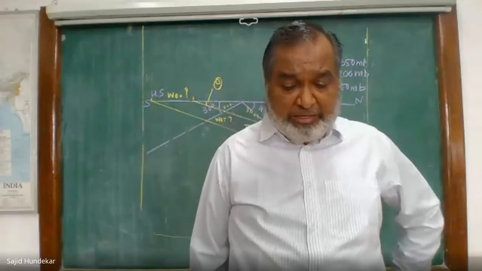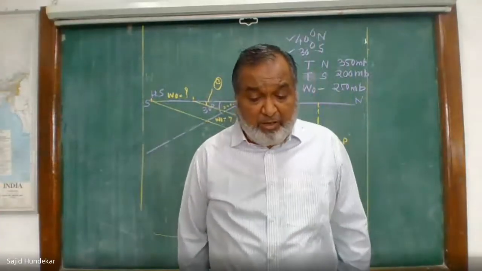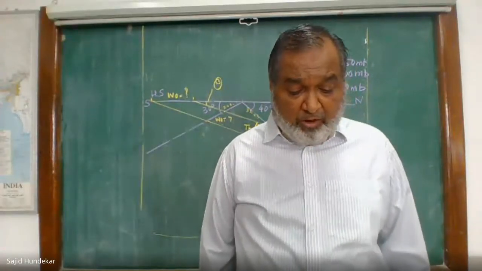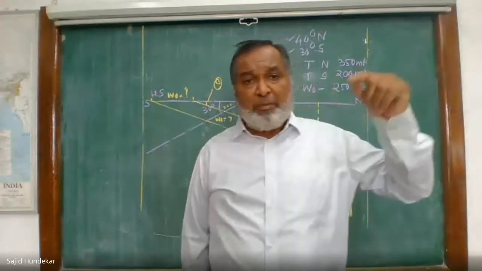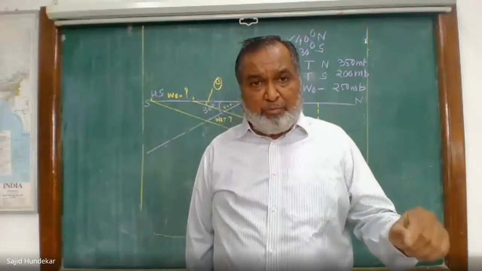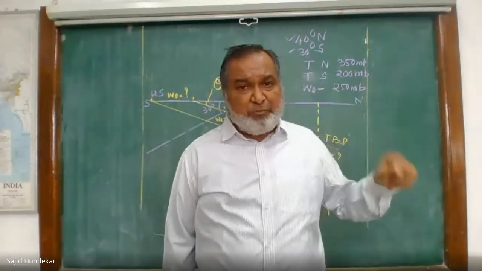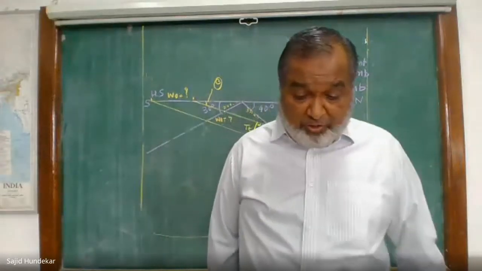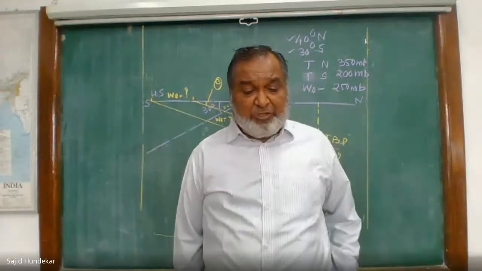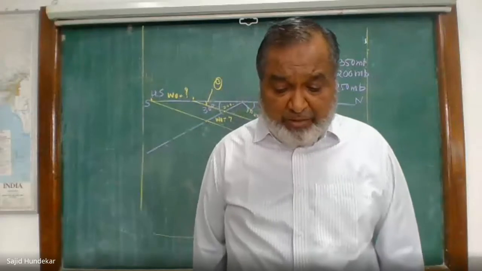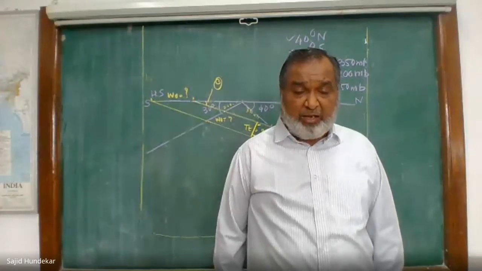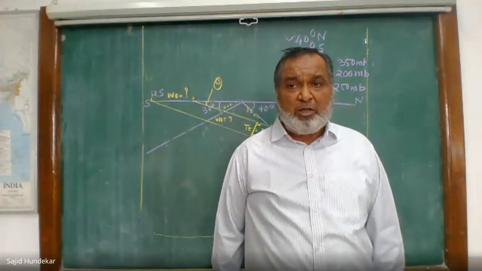distance at which the junctions of the coal seam will be exposed from the top of the hill on the southern, means from the top you have to find out the beds which are exposed, top junction as well as bottom junction which is exposed on the southern slope. So what you have to find out? True thickness, vertical thickness, distances at which the junctions of the coal seam will be exposed from the top of the hill on the southern slope. Scale again, 1 centimeter is equal to 100 meters.